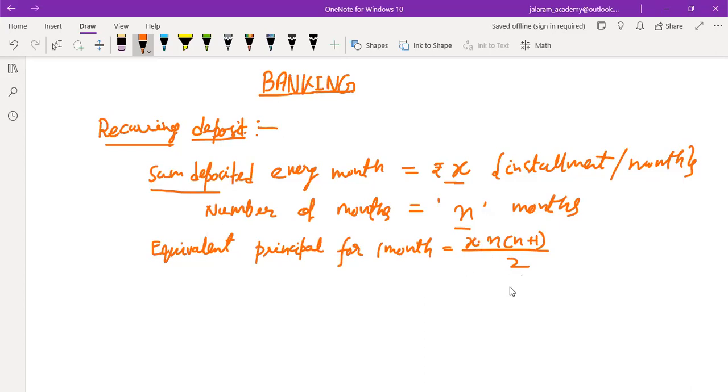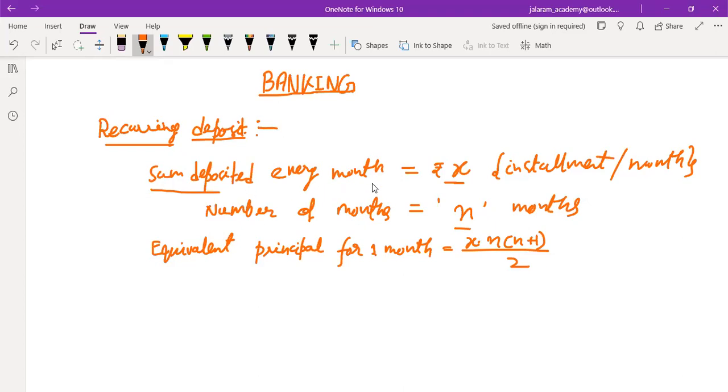So first of all, we find this equivalent principal for 1 month. Sometimes students use the direct method, but in exams, sometimes it is asked one by one. And this is the pattern of ICSE, that instead of asking the sum directly, they ask in 3 or 4 parts. So you should learn this formula of equivalent principal for 1 month also. Don't use that method in which we directly find the principal or the rate of interest, etc. So equivalent principal for 1 month. The method should be the same.